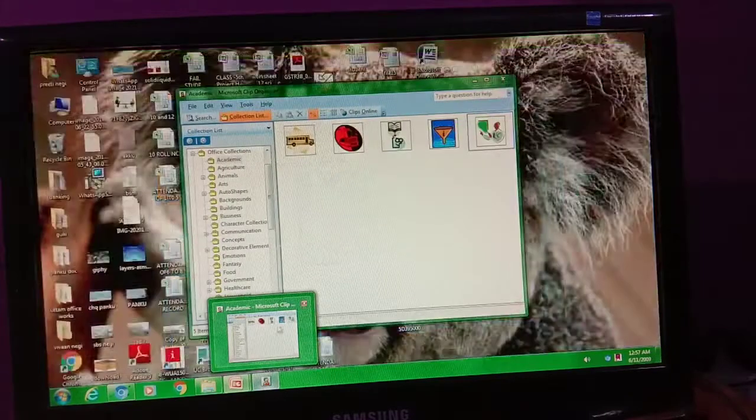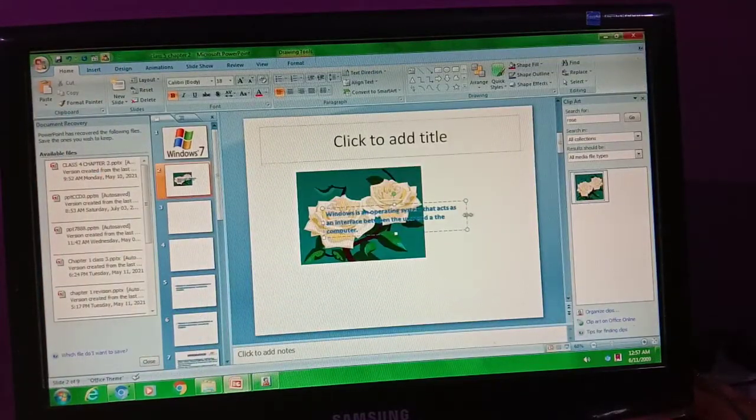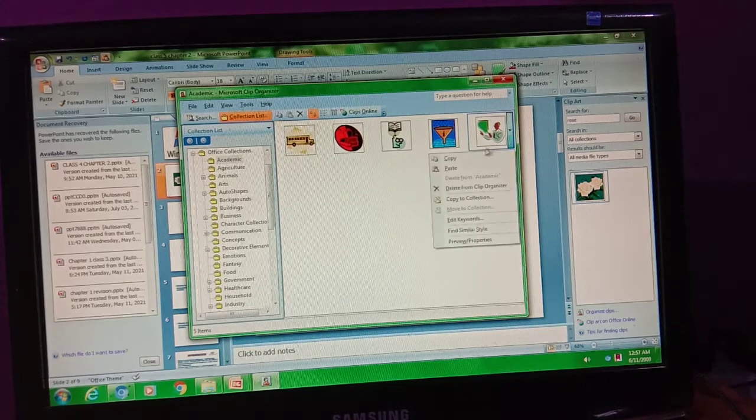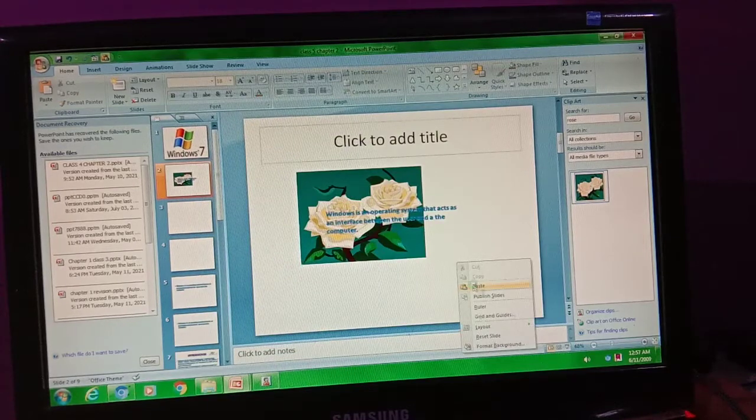I need to go there again, sorry, this one is a very different thing. Wait a minute, copy. So I'm making the copy again, okay, then paste.